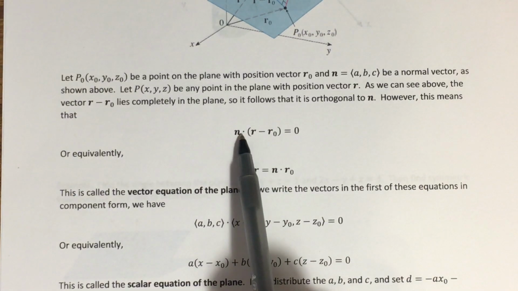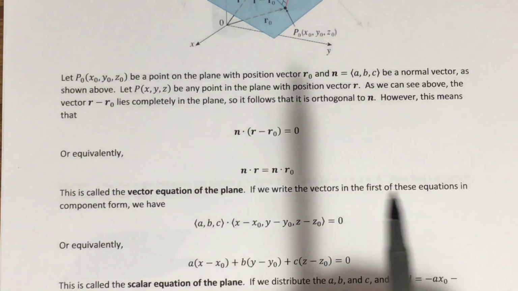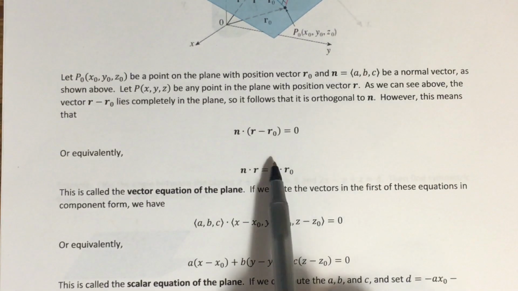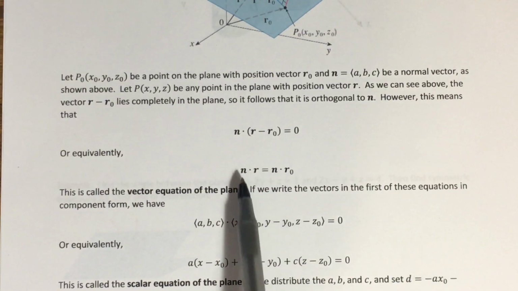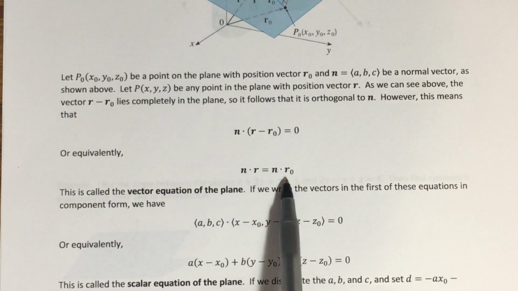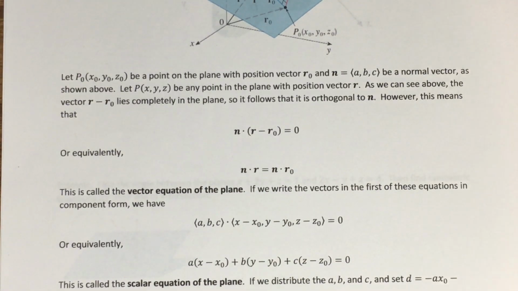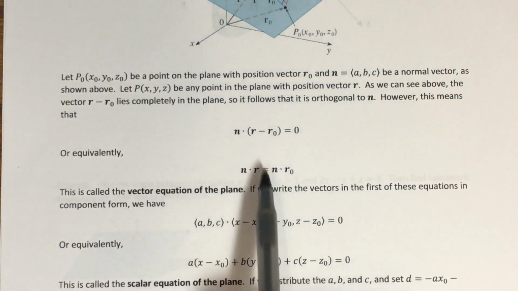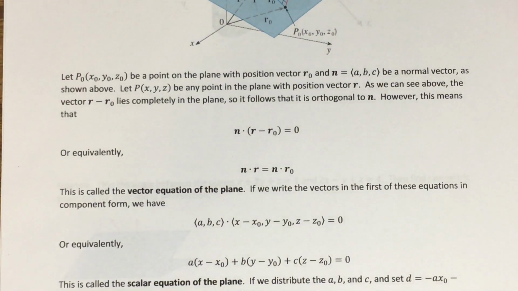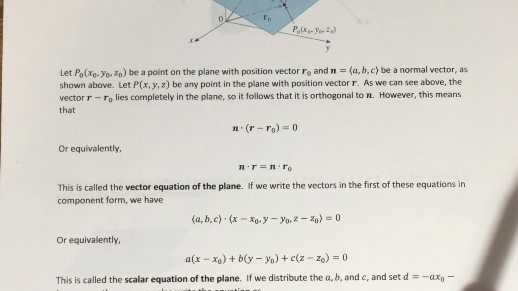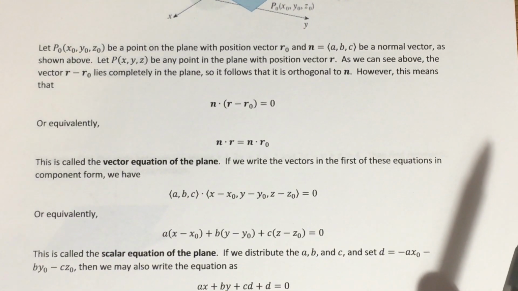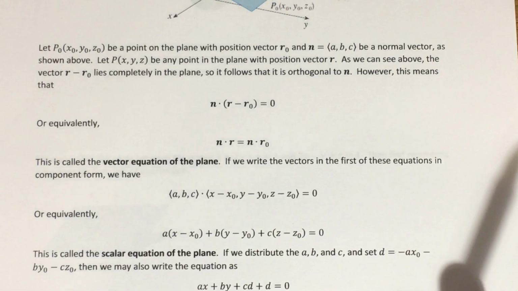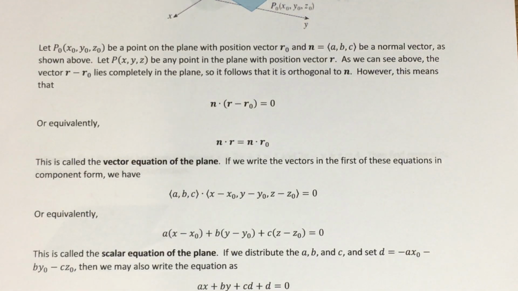Now, if I were to use the distributive property that we know holds for dot products and rearrange some things, that same equation can be written this way: n dot r equals n dot r naught. Either of these is called the vector equation of the plane. We rarely use that version of the equation. It's still useful, it's still important to know, but more commonly we use something called the scalar equation of the